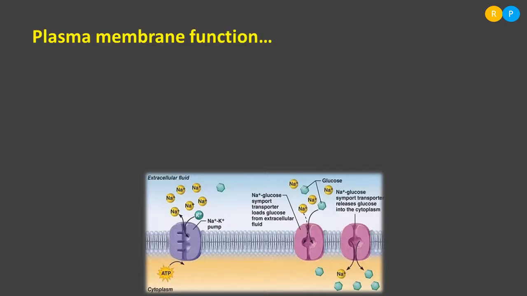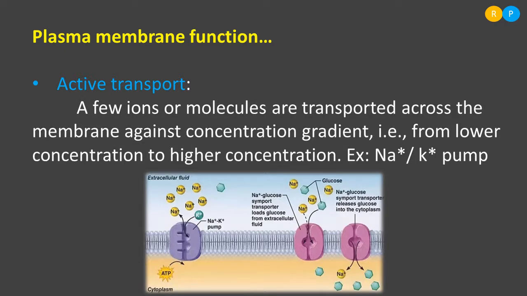Then there is one more kind of transport that can be seen in organisms, which takes place across the plasma membrane. That transport is nothing but active transport. Active transport also takes place across the plasma membrane. This kind of transport requires energy. So the cell needs to give energy for this type of movement. Why does the cell actually need energy here? What is the reason? Because in active transport, the direction of movement is opposite.